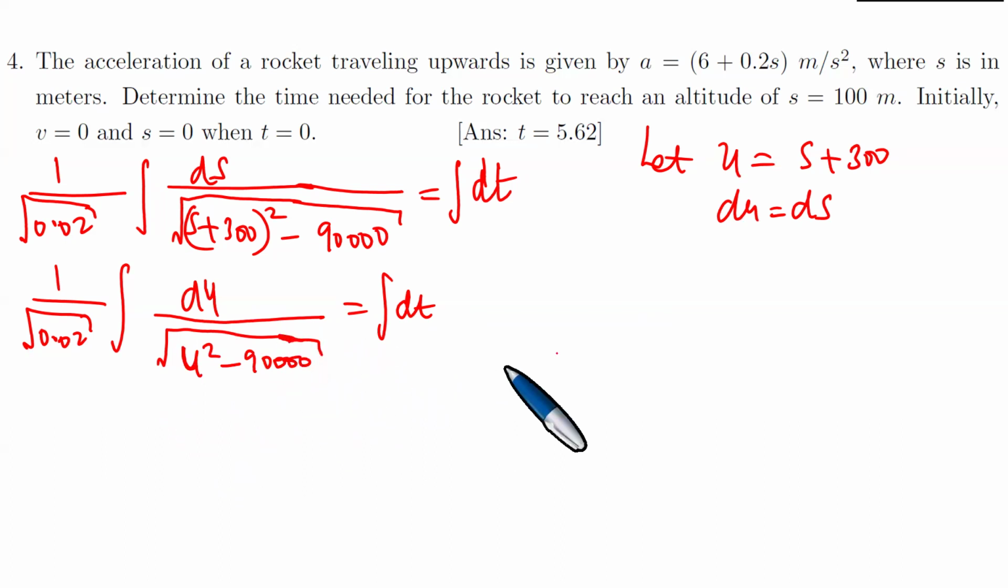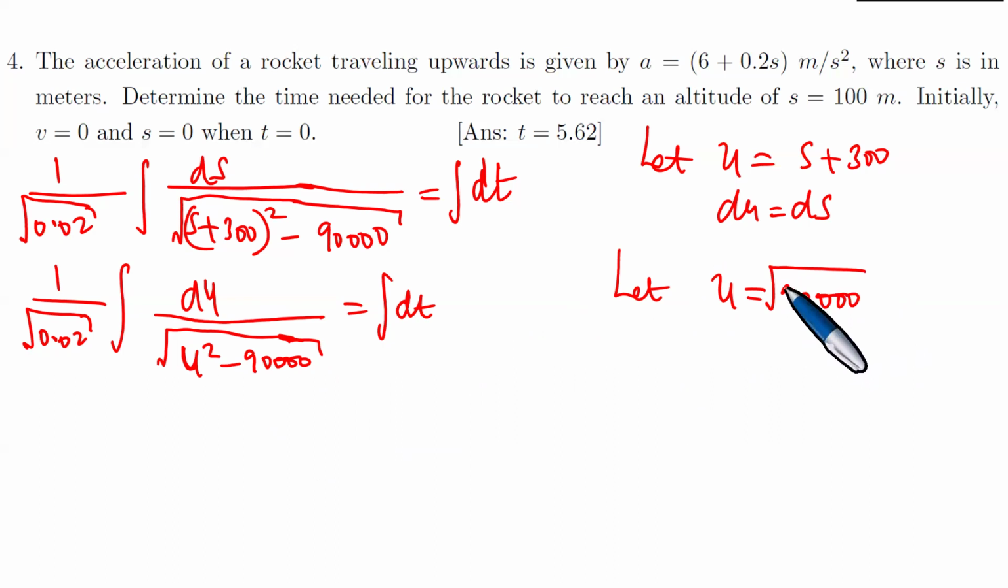So what do we achieve here? Moreover, you need to use further substitutions. So you proceed to let... Now to integrate these, we use the secant function. So let u be equal to, now you need to take the square root of this one. So we need to take the square root of 90,000 and then multiply this by the secant of theta,